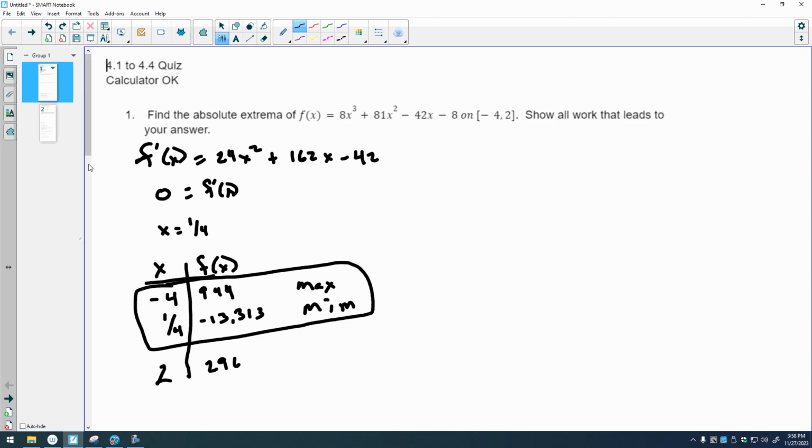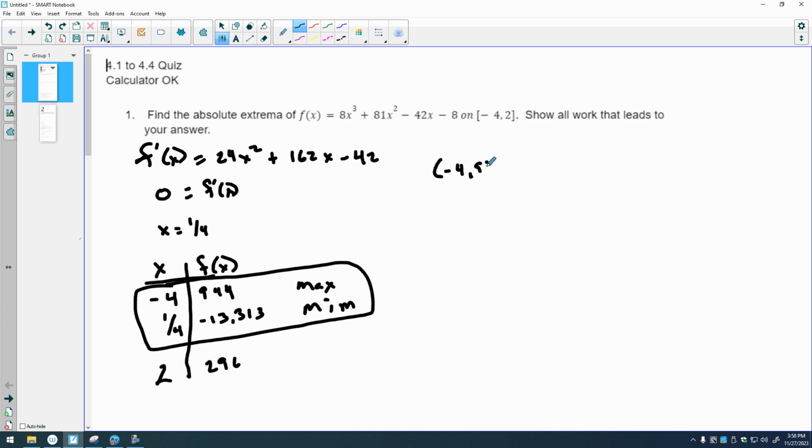All right. And just if I show all work that leads to my answer, this is enough work. My table shows that I calculated the function. Notation is important. I calculated the function at these different values. That's the biggest, that's the smallest. We're good. I don't need to show any more. If you wanted to write